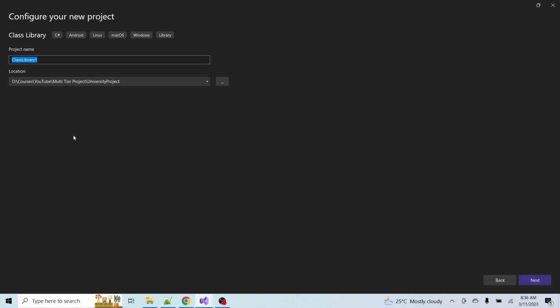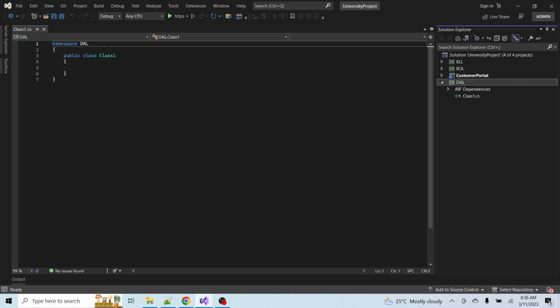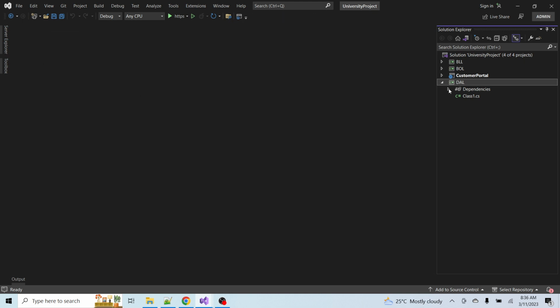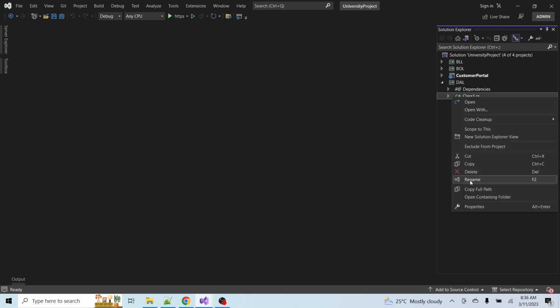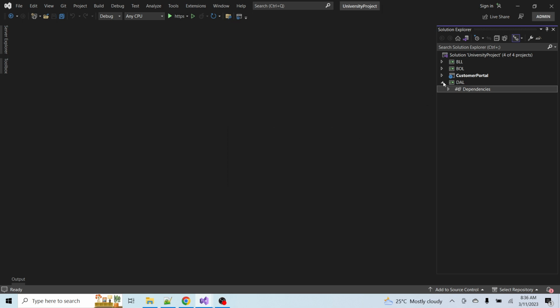Click on next, and I will give it the name data access layer. Click on next, next. I will delete the dummy class. You can see that I have added 4 different projects